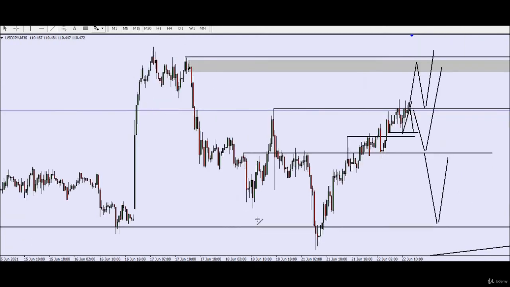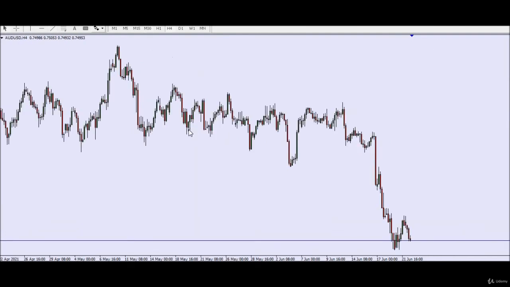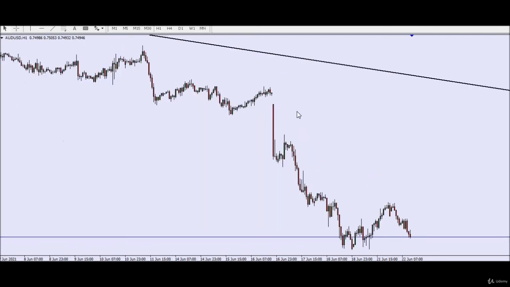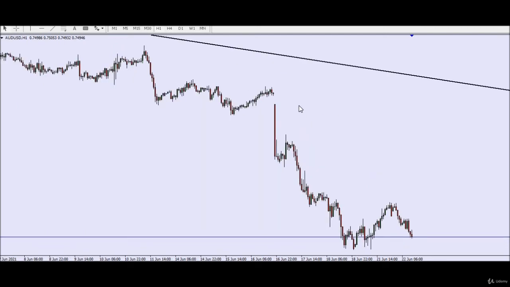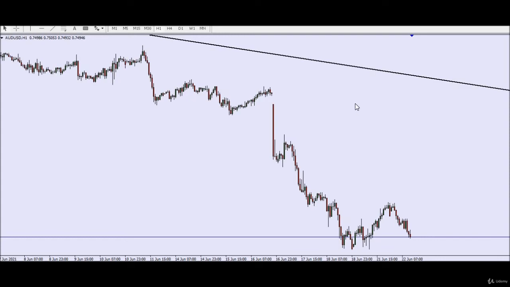And let's move to another, AUD USD, and this is the 4-hour time frame, again just to show you that we are in a downtrend, so the probability is that it will continue to the downside. On the 1-hour time frame we see these levels,